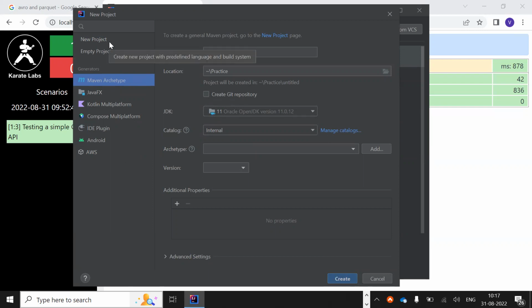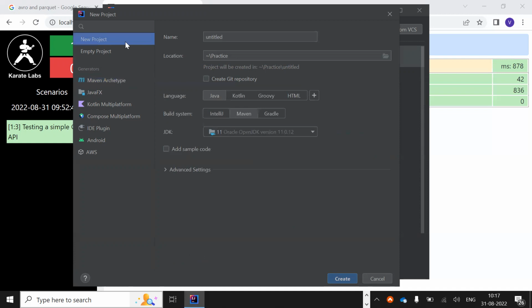So that you can get to know how dependencies are working here and how things are actually working. The version I am using here is not providing me with Maven, going to Maven and selecting any version with archetype and without archetype. When I'm selecting Maven, it is already built in with the archetype thing. But I want without archetype, so I'm going to select the new project and I'll give the name